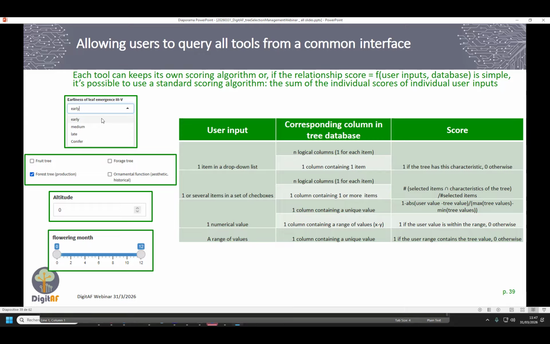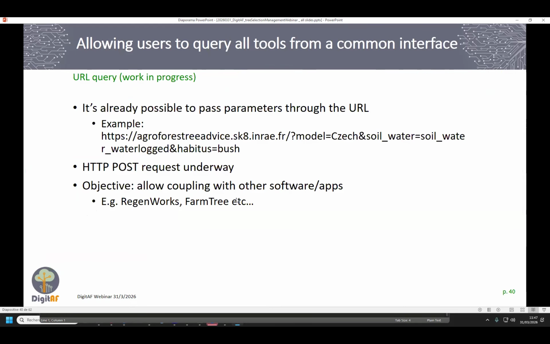And it automatically selects the adapted widgets, adapted buttons. Is it a drop-down menu? Is it boxes that you can click? Is it a numeric input, or numeric input in the form of a range, etc.?